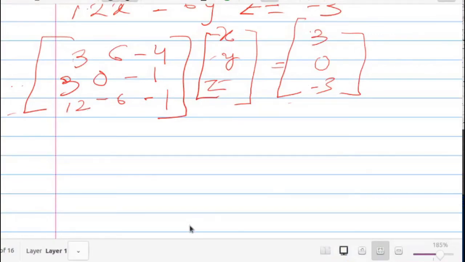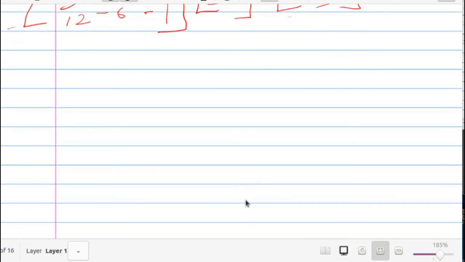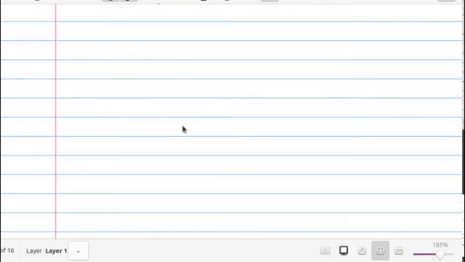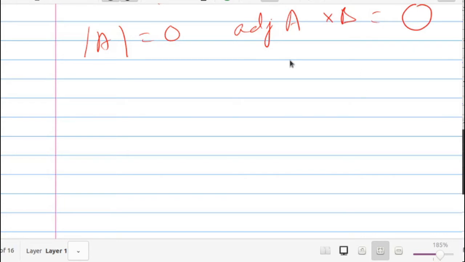The idea is not to teach mathematics here, but still, once you know that the determinant of A is equal to 0 and adjoint of A into B is a null matrix or 0,